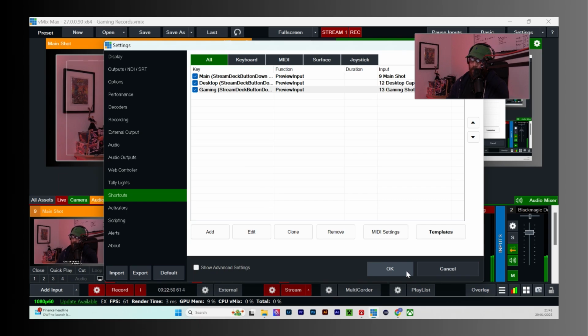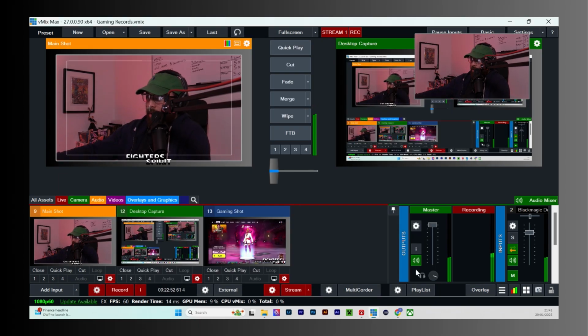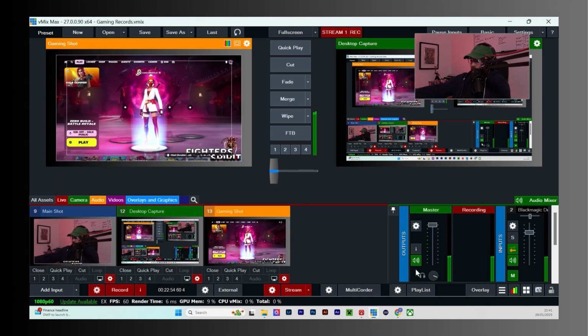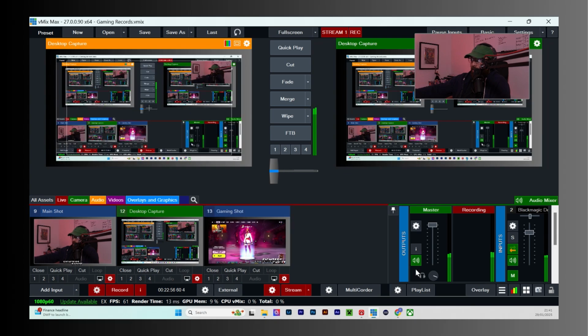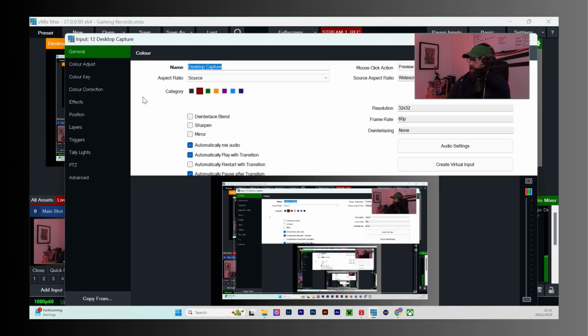Now press OK. Let's see if all those buttons work. Gaming works. Desktop works. The only thing we need to add to this shot is the logo.